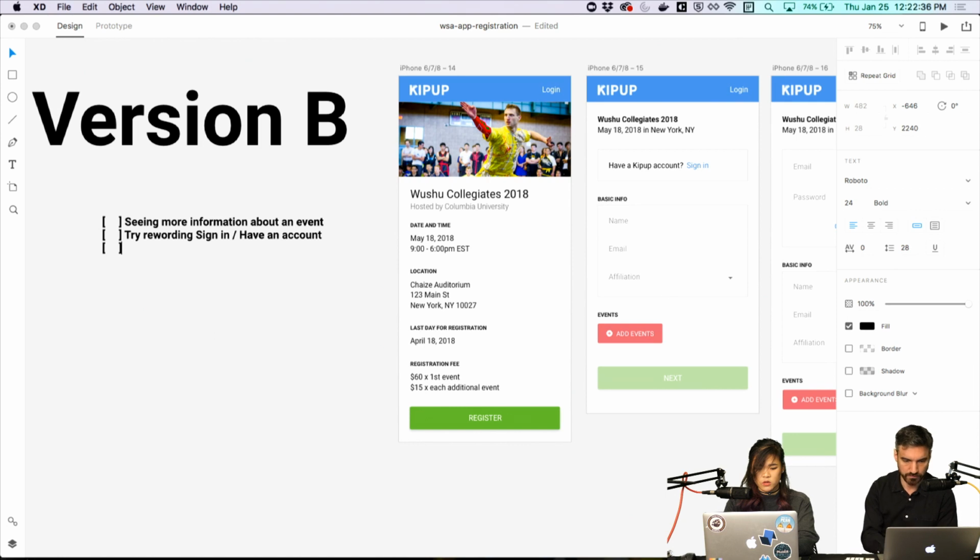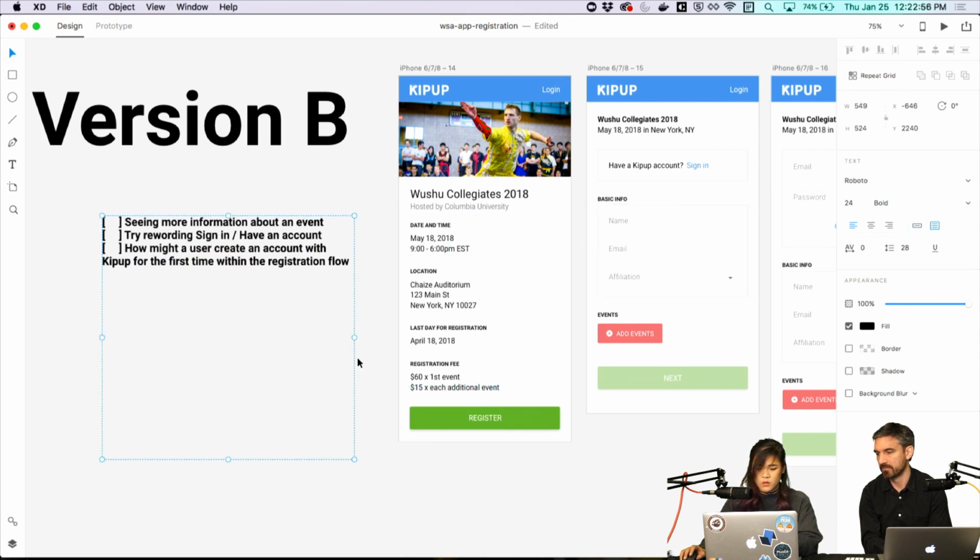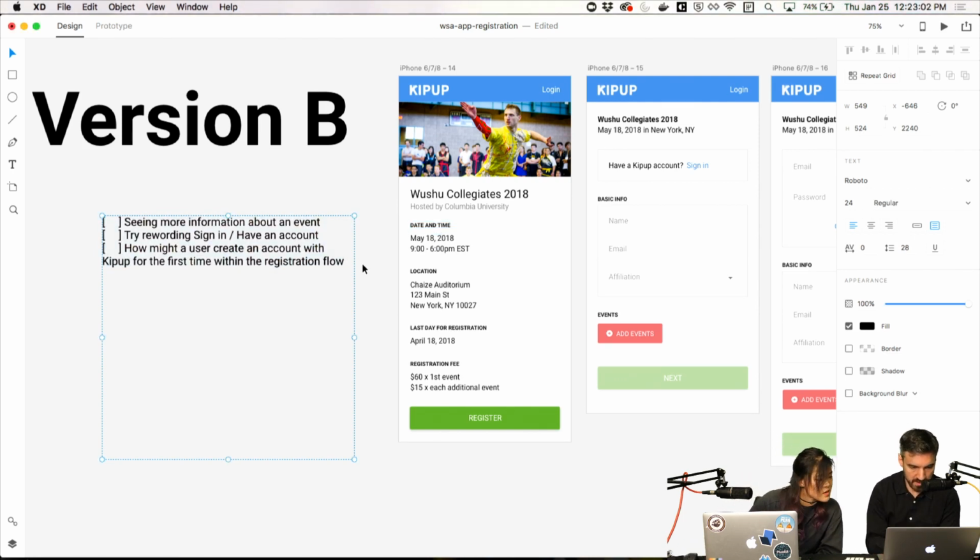There's also the larger question of how might a user create an account with Kipup for the first time within the registration flow. Yeah, that's totally something we want to explore. Cool. Let's look at our notes. What else came up? These are really good action items so far.